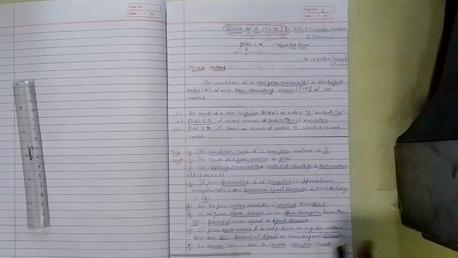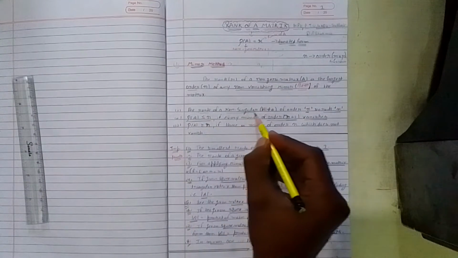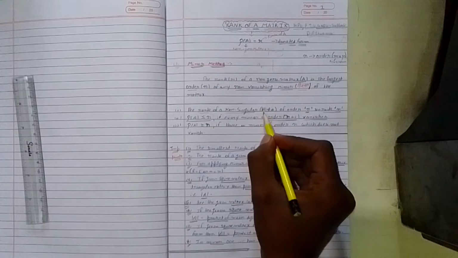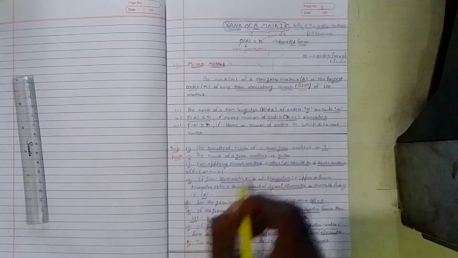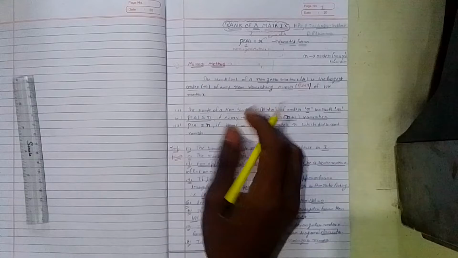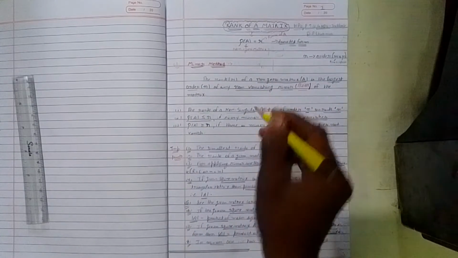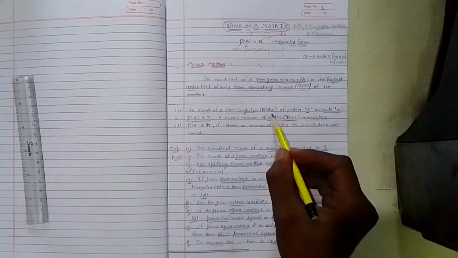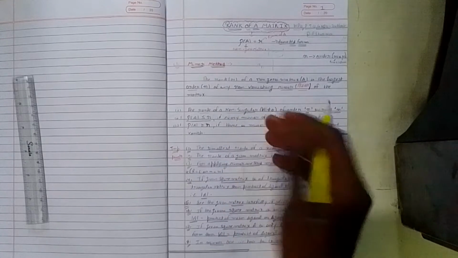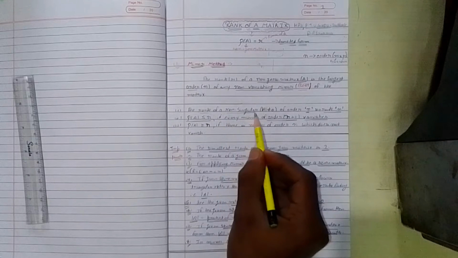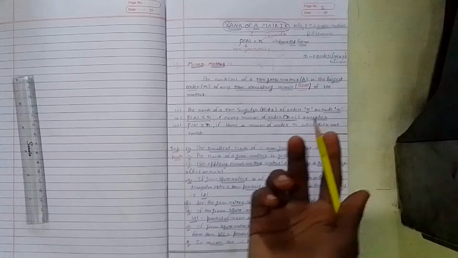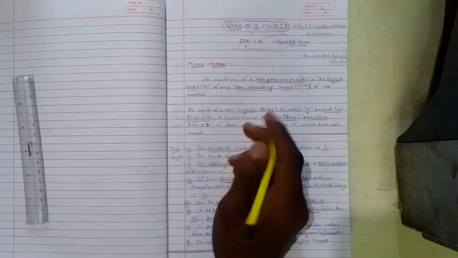Okay, here are some points in the minor method. The rank of a non-singular matrix. What? Non-singular. Do you understand non-singular? Non-singular means mod A is not equal to 0, of order n by n, so rank is equal to n. If we solve a matrix in the mod form, if we get the mod of a matrix, then the matrix is non-singular. After solving the mod, the matrix comes to be non-singular, meaning the answer is not 0. The answer is anything else, any natural number or any real number, but not 0.